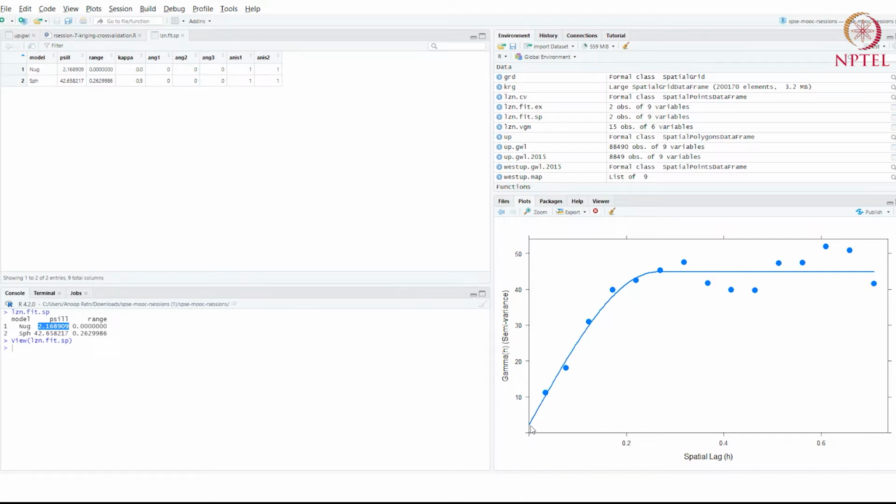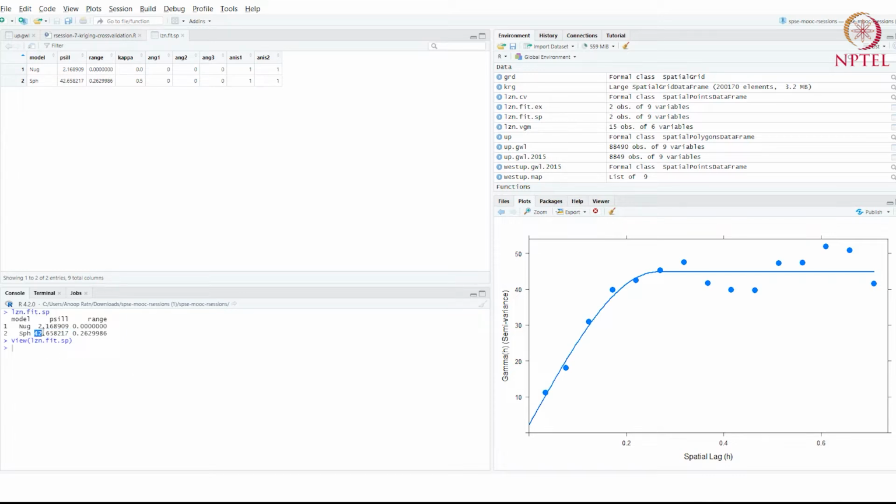Typically there should be no variance, but because we're estimating things from data and fitted something to data which is not exact, we get some residual variance even at 0 spatial lag. This is called the nugget effect, and roughly for us the value is 2.2 or so.